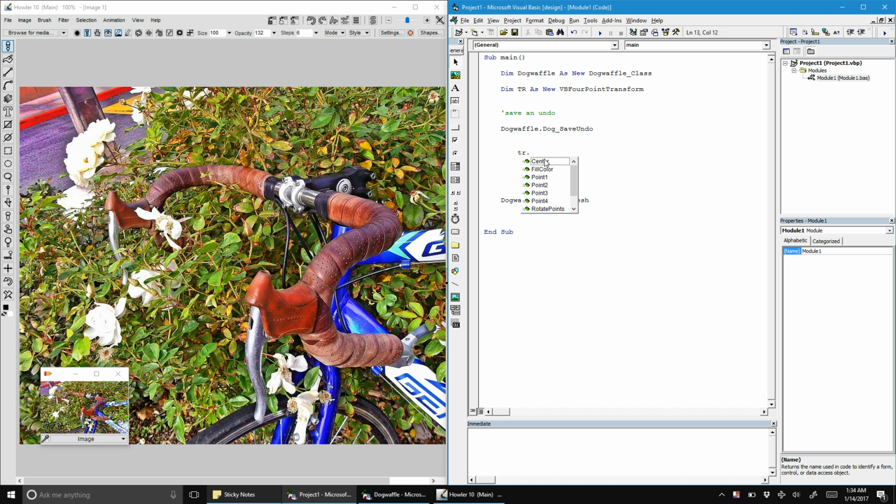Let's set some random points to be control points. Now this is going clockwise from the top left. So we'll do 40 comma 50. Let's say the next one is the top right. So we'll do 400 comma 55. Bottom right will be, and the bottom left will be, finally we can do,